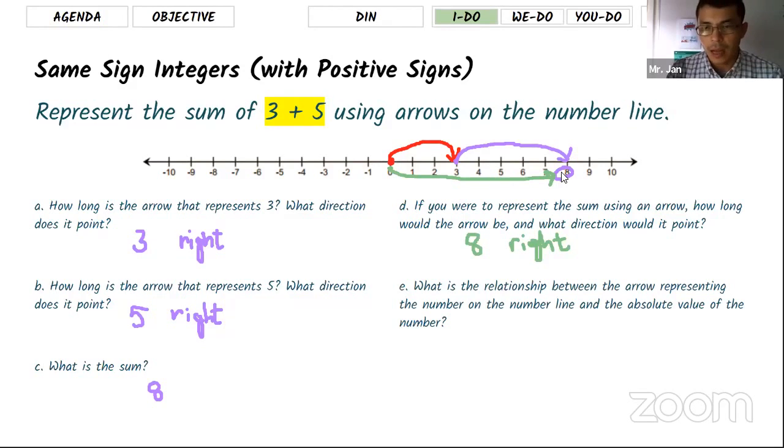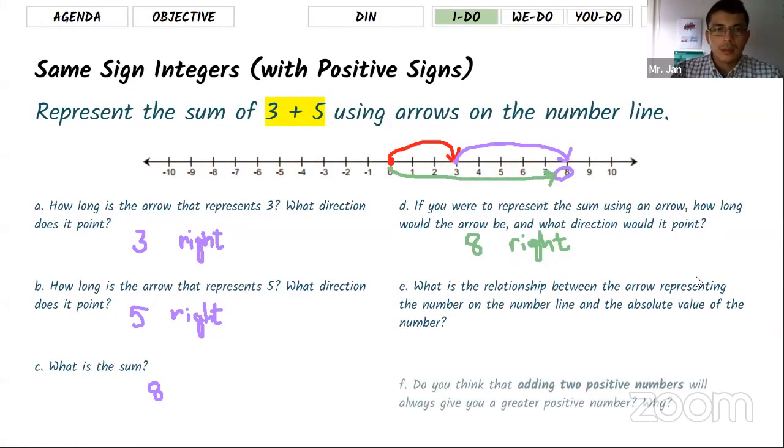This is how it relates to the number line. On the number line, you can visually see the number as the length of the arrow, and how far away it is from 0. So this is the relationship between the number on the number line and the absolute value of that number. And next thing,